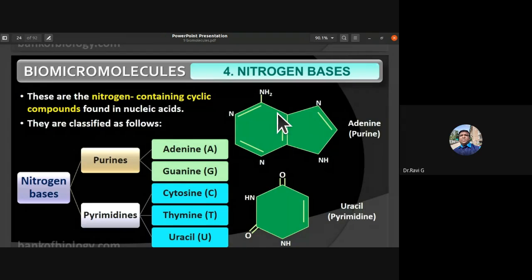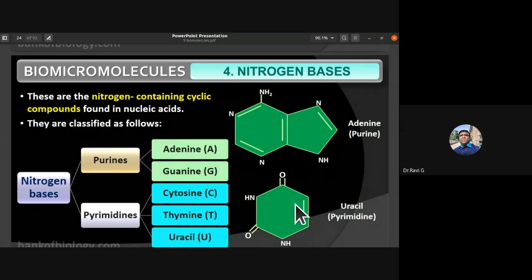See, in the purines, you find the benzyl group with the pentyl group together. In purines, you find two chains. One is the hexane structure with a pentane. I can't call it hexose and pentose because they become sugars. So they will have this amino, the nitrogen compounds are found here.